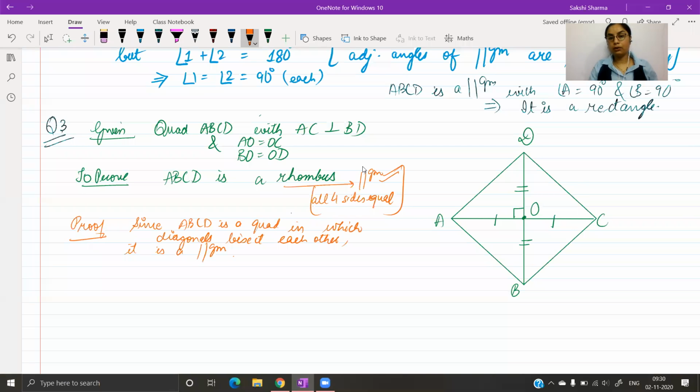And if we had to write down the proof for this, depending on whether the question carries more marks, then we can write down the proof. So I will be writing down the